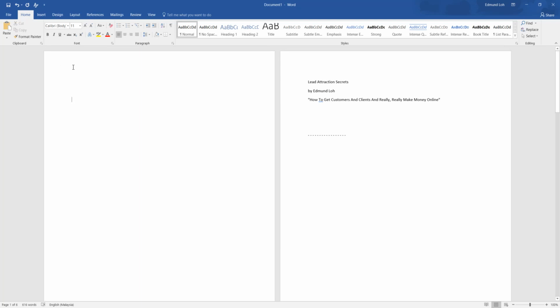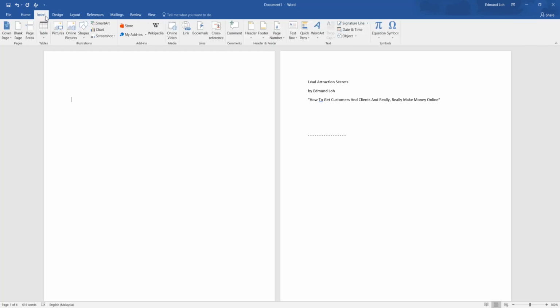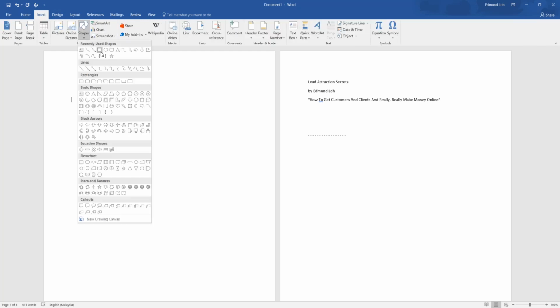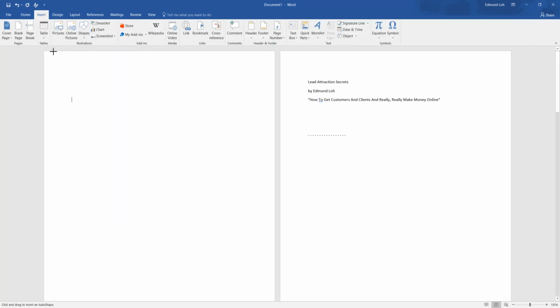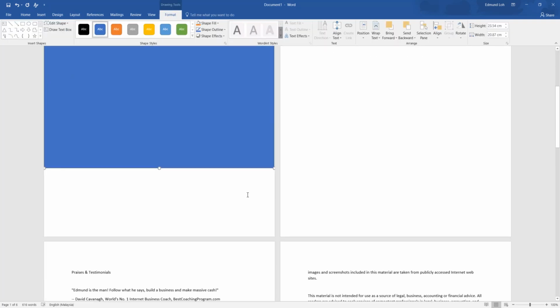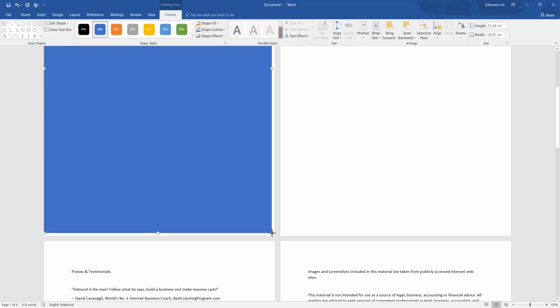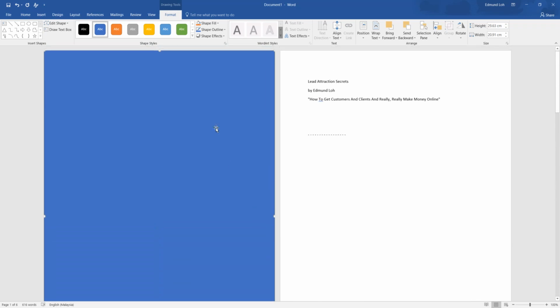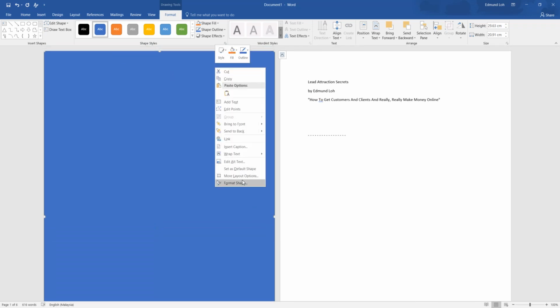So what I do is that I will click insert and I'll add a shape. Normally I'll take the rectangle and I will cover the entire page here just like that. Okay, place it here and make sure it's covered in its entirety. All right, so what you do after that is you right click and select